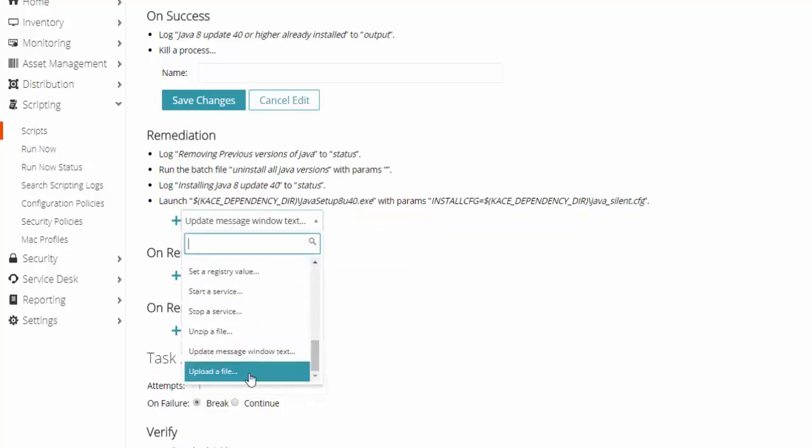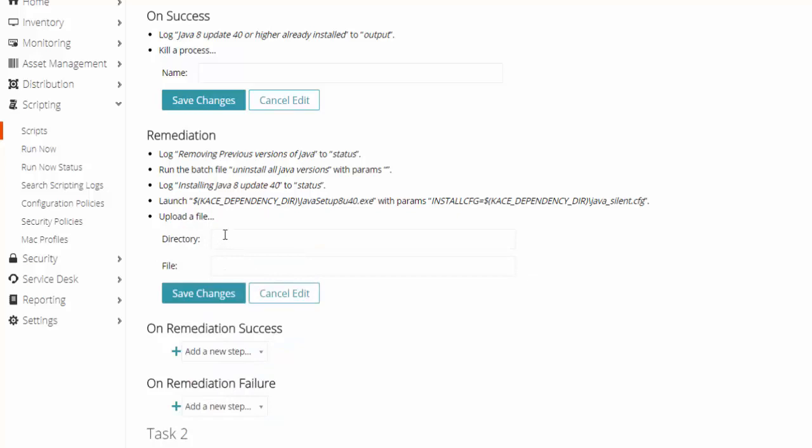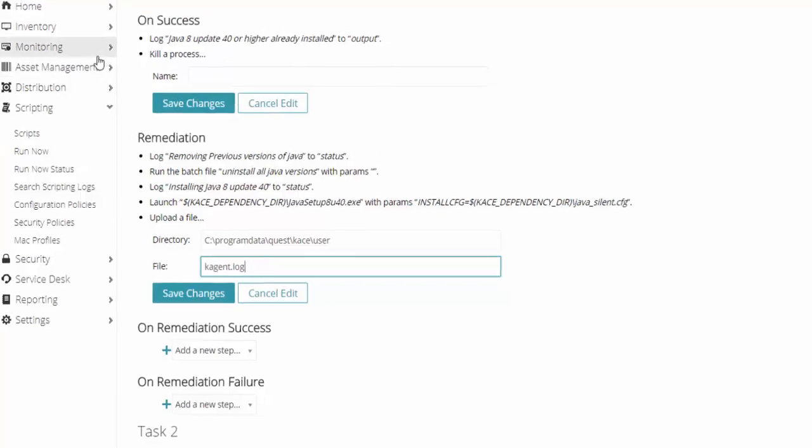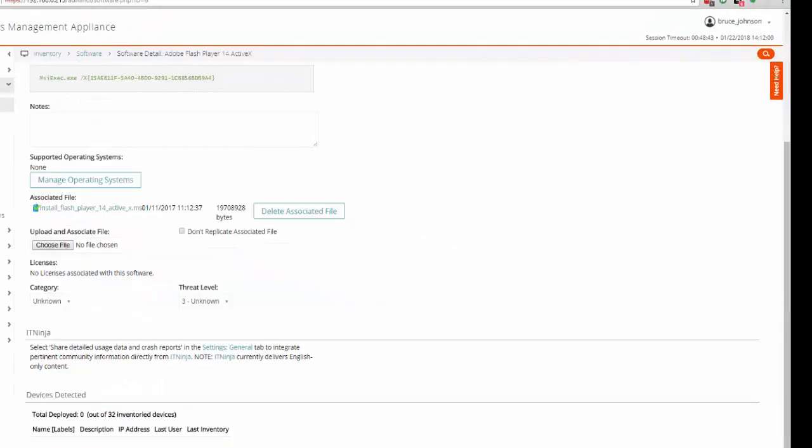And then upload a file. Upload a file is actually very interesting. So you could actually, and this is a great example where I've used this, I could actually have this upload the kagent log. That's stored in the request case user folder, kagent.log. So I could actually have the agent upload this, and it uploads it to the inventory of a